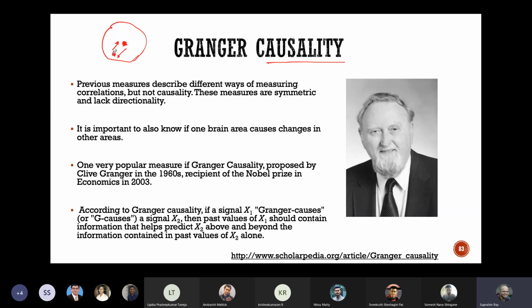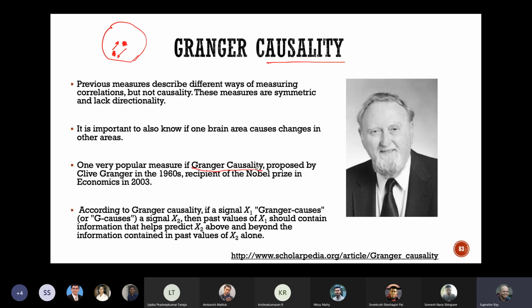I want to know whether a signal in V1 is causing changes in V4, which would be some feed forward processing, versus some signal in V4 or frontal cortex causing changes in V1, which would indicate some feedback. So this causality is often very important for us because it's important for us to know which brain area causes change in other areas. So we turned to a very popular measure called Granger causality, which was proposed by Clive